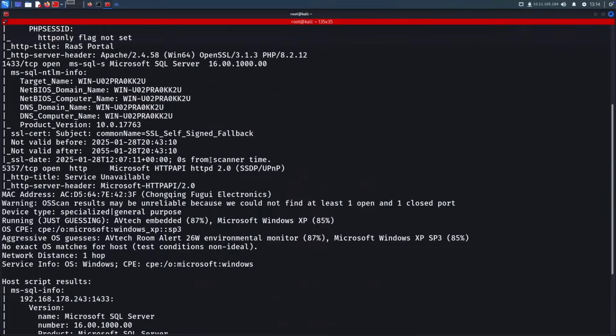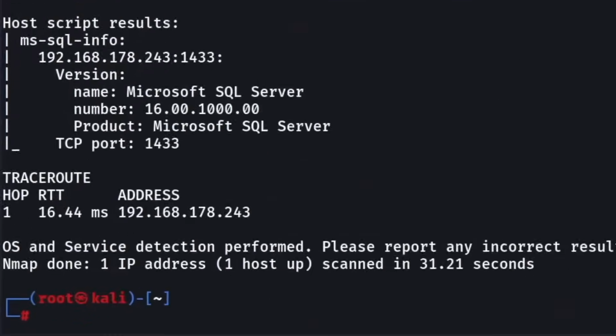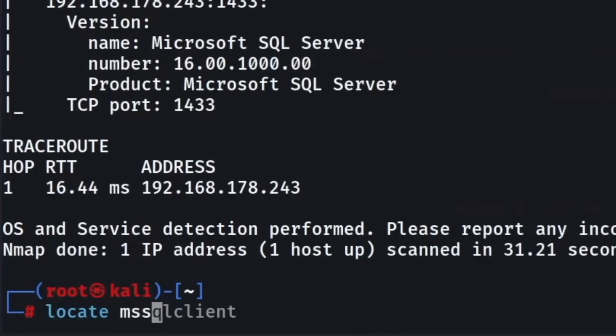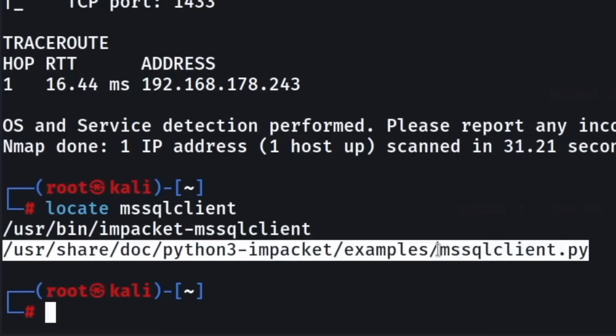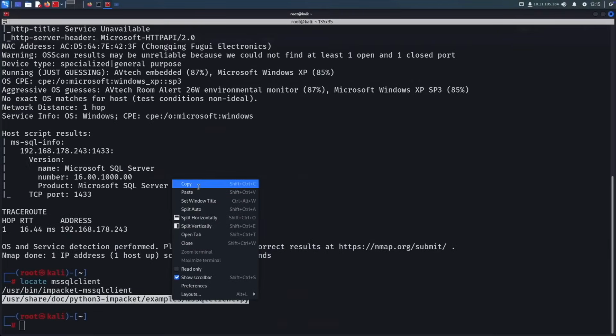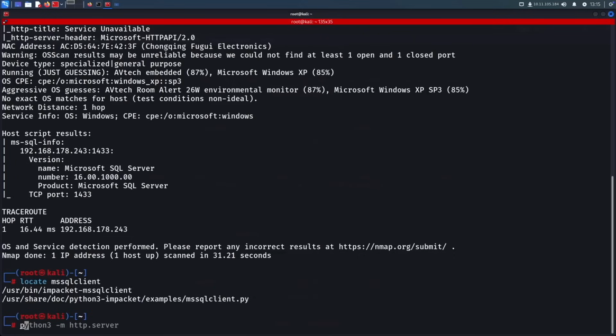To find the full path of the MSSQL tool, we can just do locate mssqlclient, and then you'll see that there are two versions of it. I'm actually going to use this Python version over here. So I'm going to right click and copy the full path to the tool, and then write python3, paste down the full path, and now we can begin constructing our command. We're going to say WORKGROUP